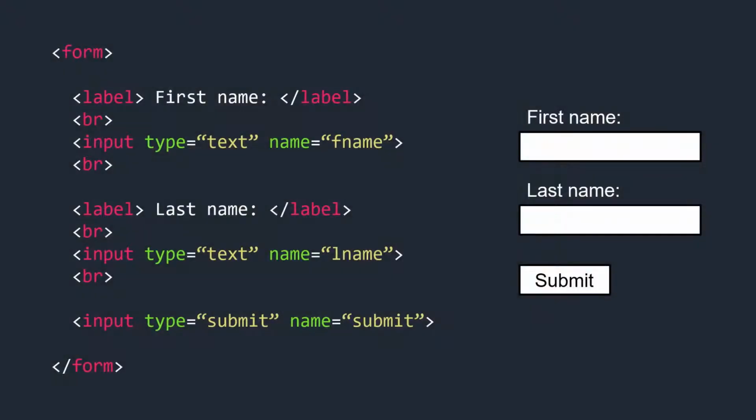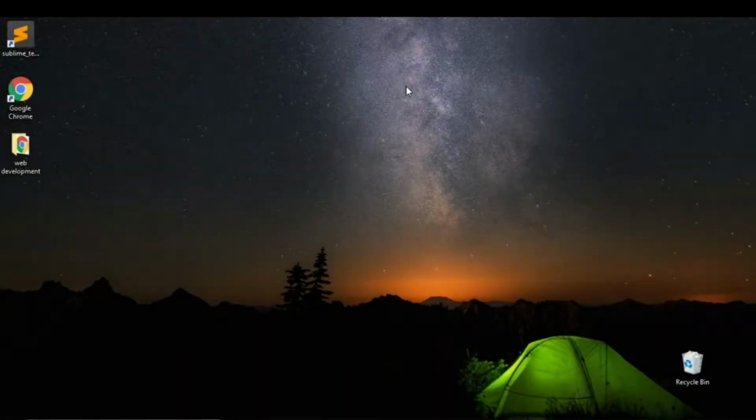When it is executed, it will appear like this in the web page. The form handler is typically a page on the server with a script for processing the input data. The form handler is specified in the form action attribute. The two main attributes of form elements are action and method. The action attribute, as said before, defines the action to be performed when the form is submitted. Usually, it is sent to the backend for processing.